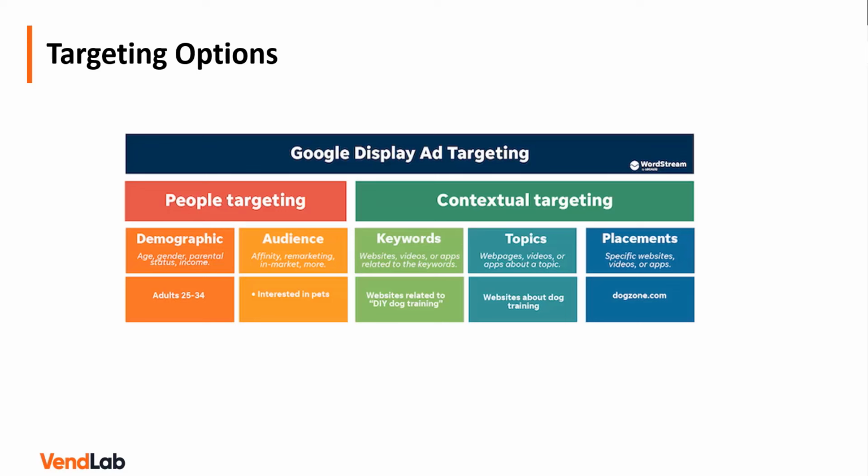So here are examples of the different segments you can set within Google. You can use people targeting or contextual targeting. So people targeting is demographic or an audience. So that could be an affinity audience or a remarketing audience, i.e. customers that already visit your website. Contextual targeting is where you set keywords, topics or placements to tell Google about the kind of customers you're looking